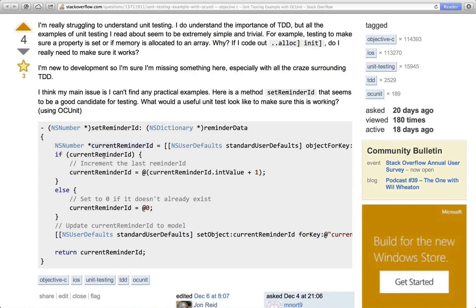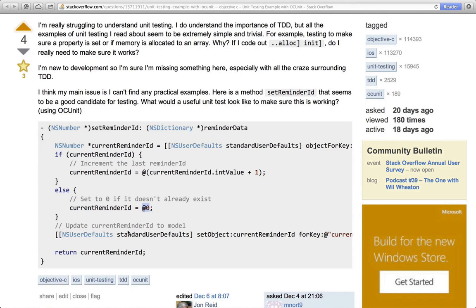And then it says, if there is such a value in NSUserDefaults, then get its integer value and add 1 and store it back. So increment it, basically. Otherwise, if there is no such value stored in the user defaults, then set it to an initial value of 0.